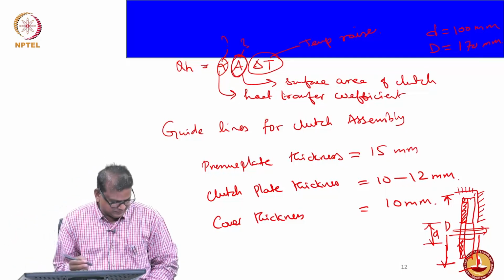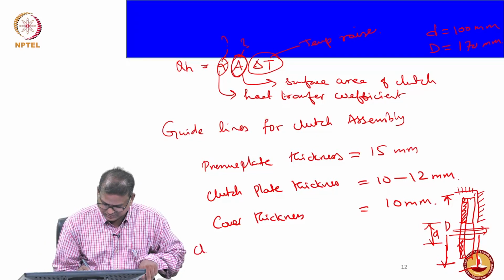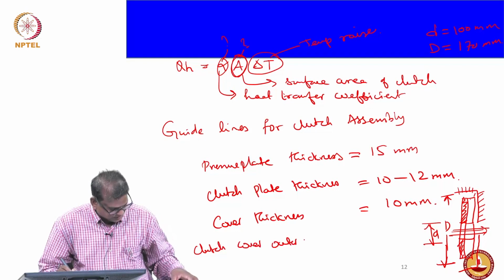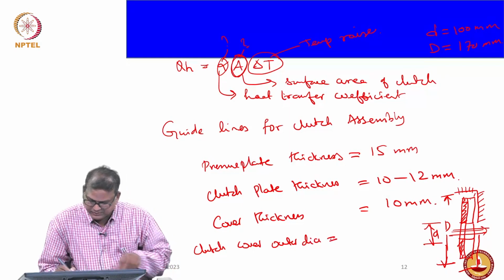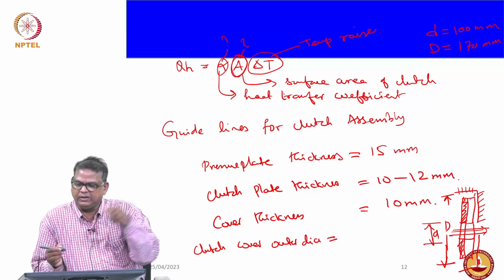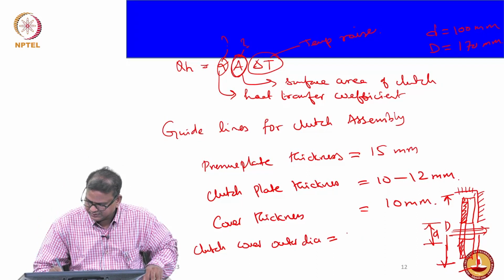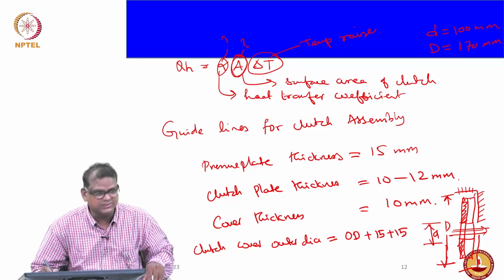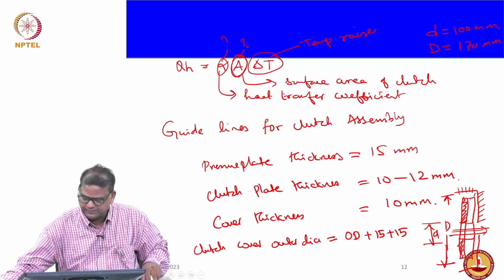Now the clutch cover, what can we have? Outer dia, right, outer dia. Whatever OD your clutch plate has, we have to give the clearance. We will give the clearance on both sides. The OD of the clutch plus 15 plus 15. This is the allowance. So this is for the clutch cover outer dia aspect. Then